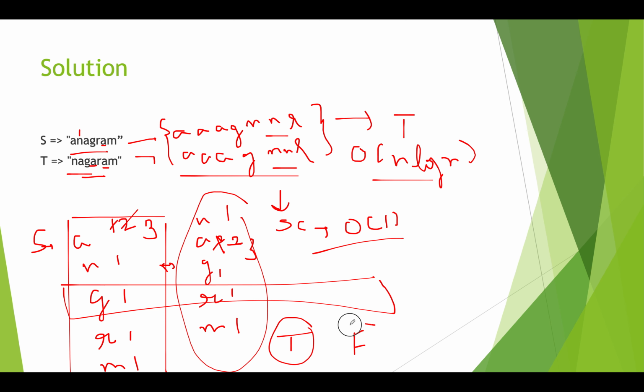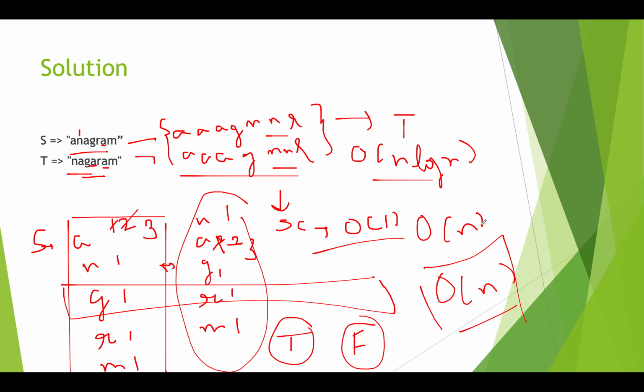What will be the time complexity of this approach? The time complexity is order of n, where n stands for length of the string. And what will be the space complexity of this approach? The space complexity would be again order of n, because you are storing the frequency of each character, and there could be a case where all the characters are unique in nature. So the SC for this approach is again order of n, and the TC is also order of n.